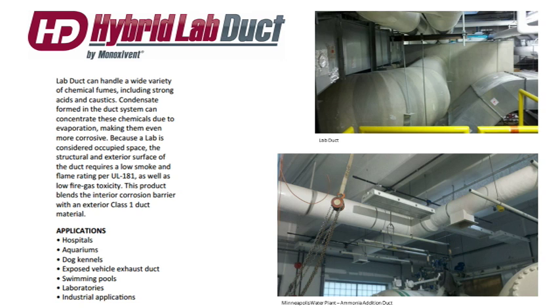So this lab duct was originally designed for Northwestern University in the Chicagoland area, and the reason that it was designed is that they had 5 floors of laboratories that they were putting in, dealing with hydrochloric acid and sulfuric acid, and they clearly needed a vinyl ester. But Chicago obviously has an issue with fire and fire prevention. They had 5 floors of this duct going through occupied space, and they needed a class 1 duct, and the project was very limited for space, and intumescent painting adds to the cost, fire wrapping adds to the cost. Well, basically we developed this hybrid duct for that project, and it now is a standard line that we use in ductwork all the time for laboratories,